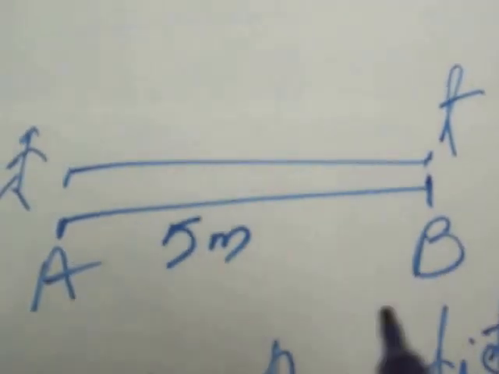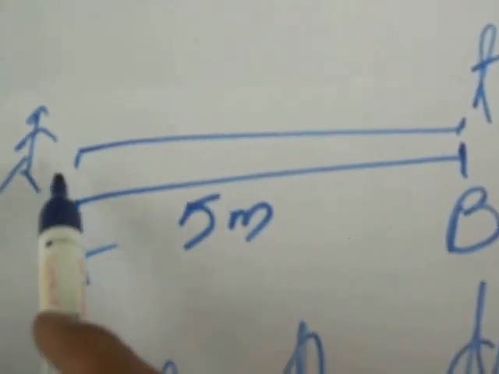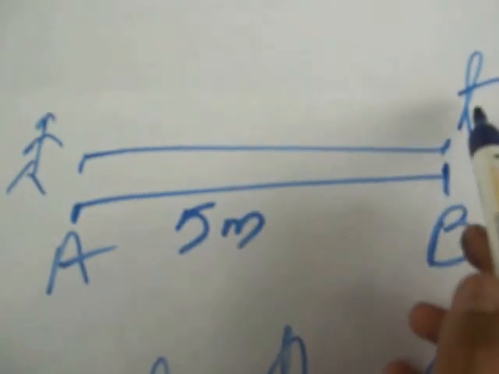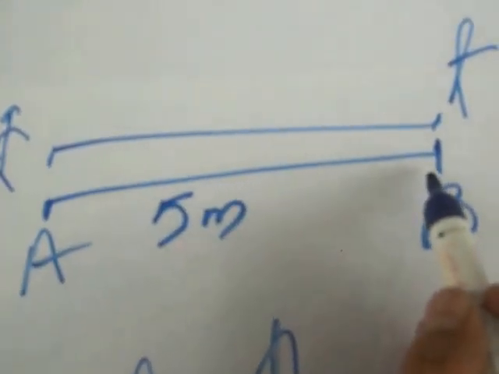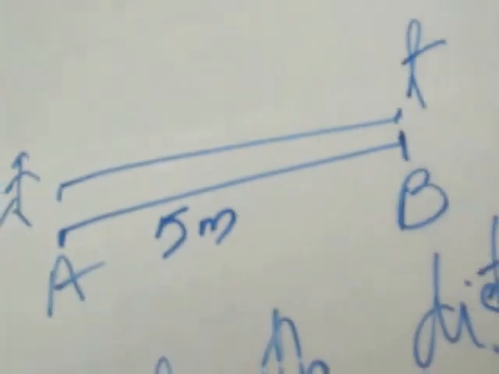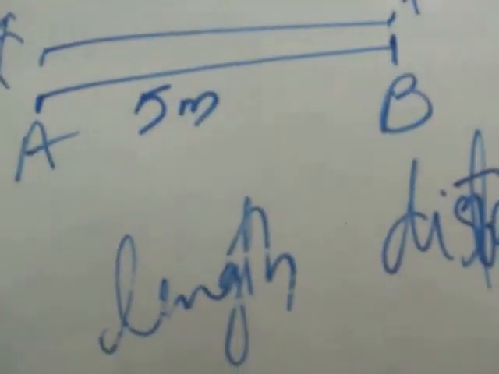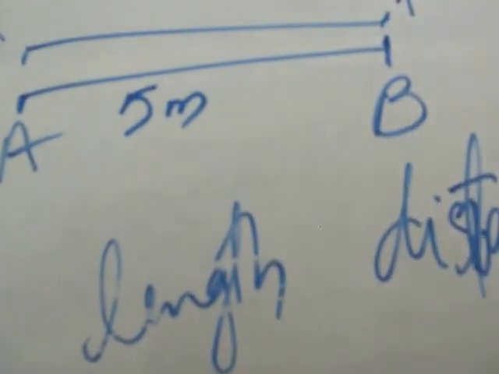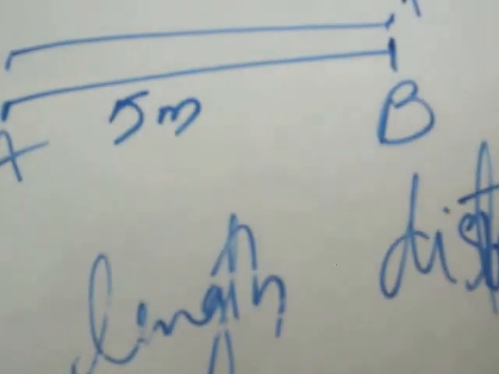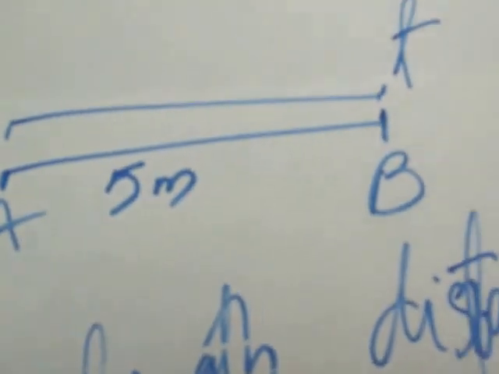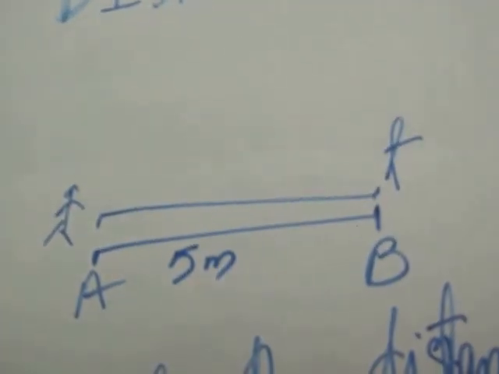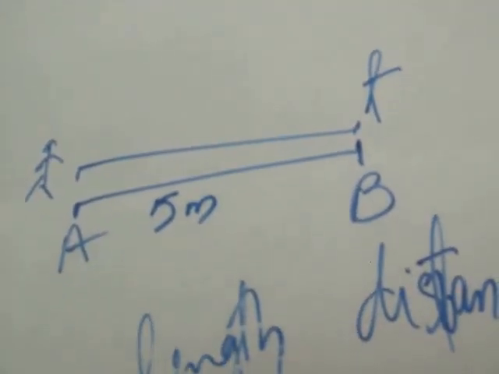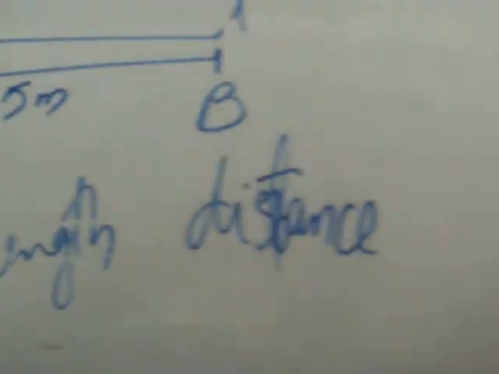So if a person goes from A to B in time t, then the length covered is the distance from A to B. And I don't think there is any other way to say what distance is. These fundamental quantities are a bit hard to define. Now, from distance we go to displacement,